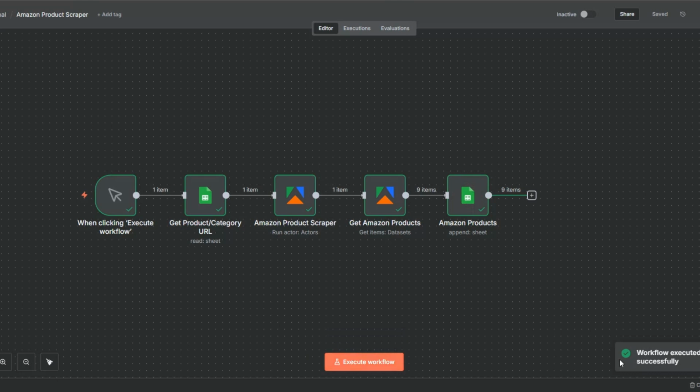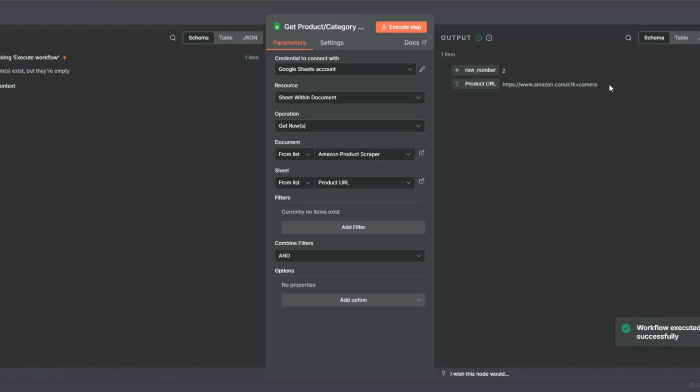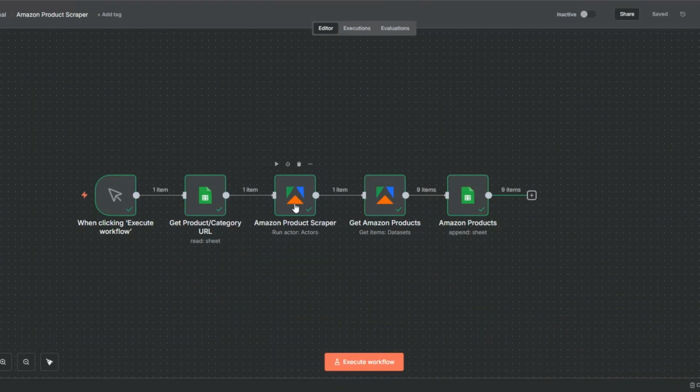Here, you can see that our workflow was executed successfully. So here we got our category URL, which was our camera. Then we used the URL to scrape products from Amazon. Then here we got our products. We got a total of 9 products. Then we added the products to our spreadsheet